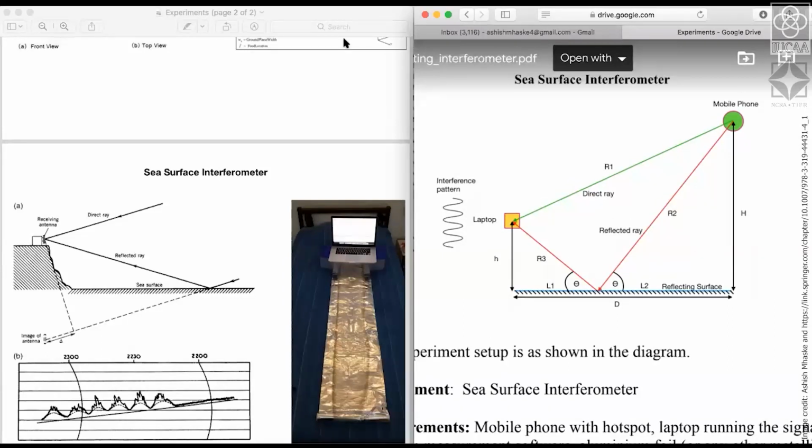Are there any questions? These are very simple experiments. They illustrate some of the basic principles that we routinely use. And of course, the cliff top sea surface interferometer was one of the major breakthroughs in the way one did interferometry initially, using a single antenna, without using a pair of antennas, and that has its very important role in the evolution of radio astronomy.